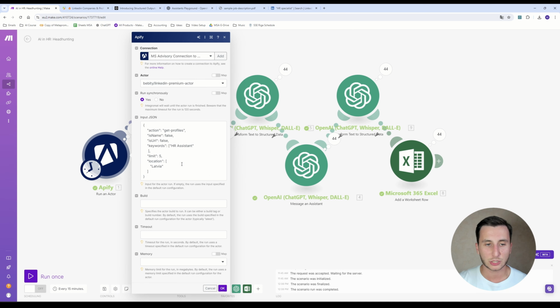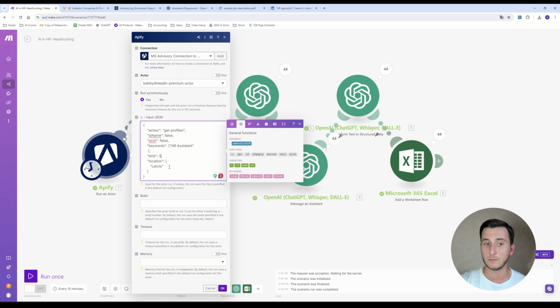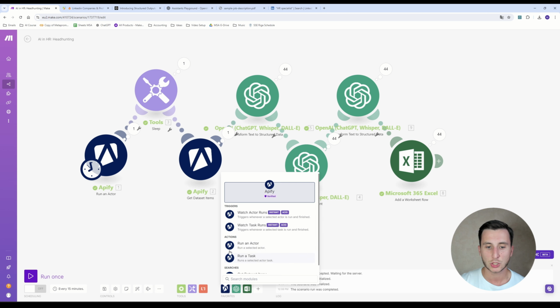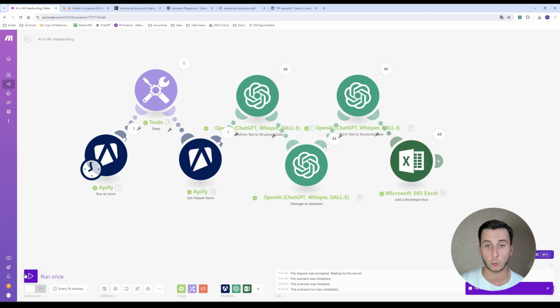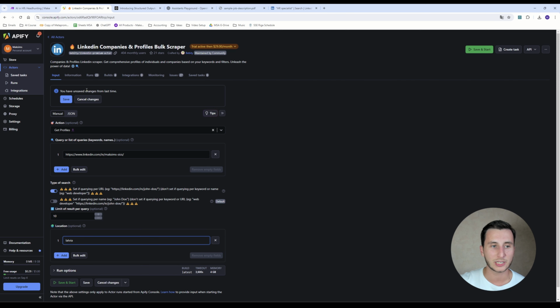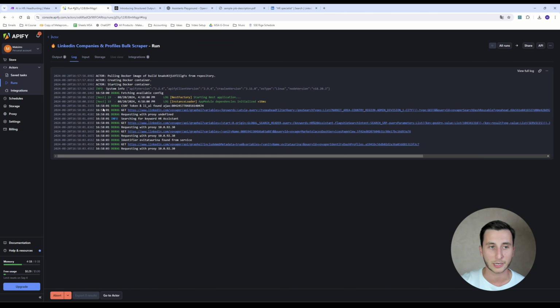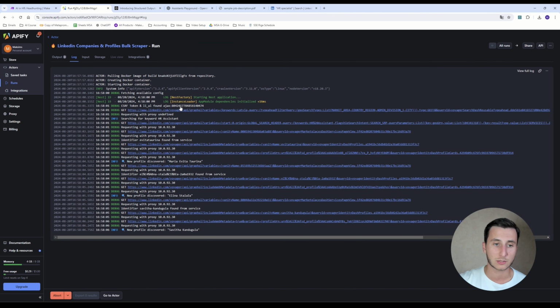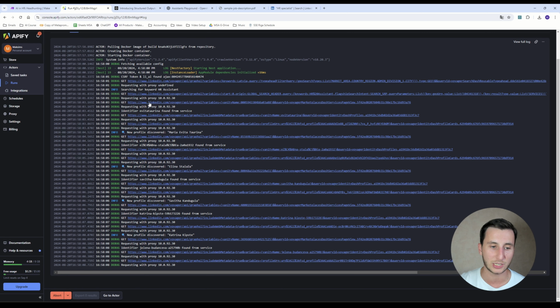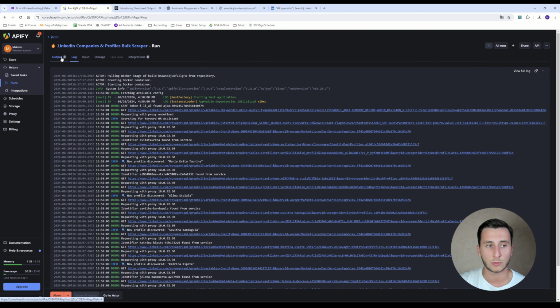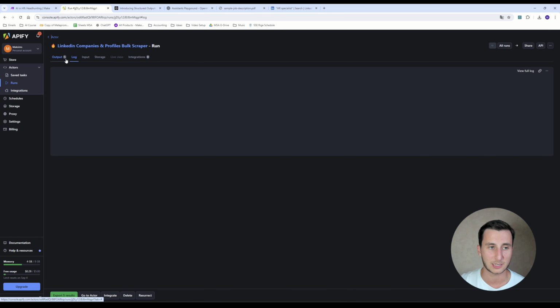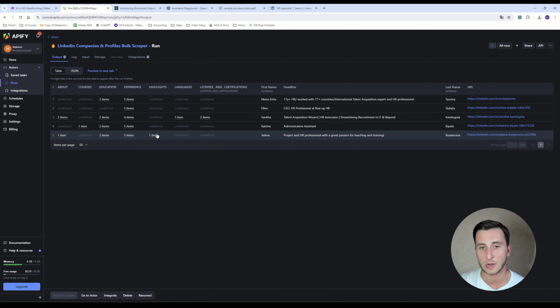And let's actually see. In that case, we will be searching for HR assistants, and we'll be getting profiles. We limit it to five people that we're going to scrape from LinkedIn from Latvia. So let's actually see how that works. So we run an actor, and we can go to our actor and take a look at our run here. So it actually works right here. It's looking for each candidate, and it should be outputting five candidates to us essentially. Let's take a look. So it found five